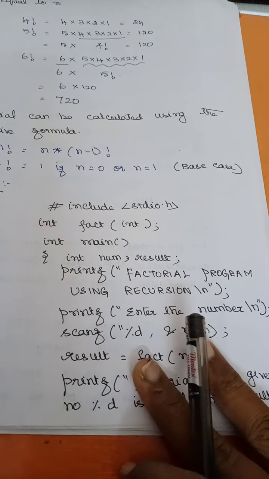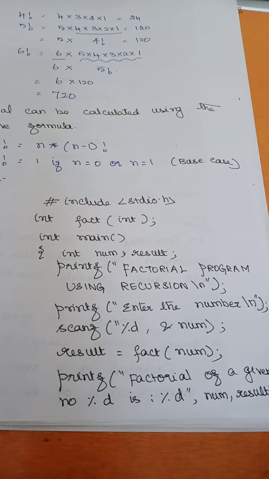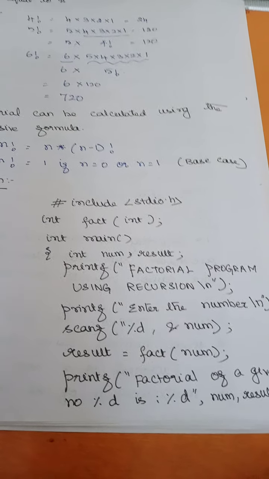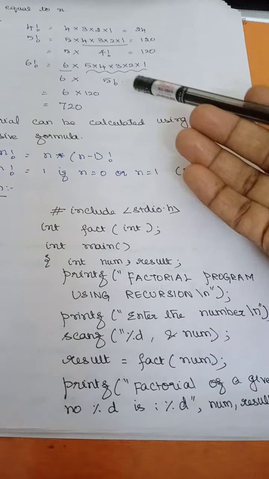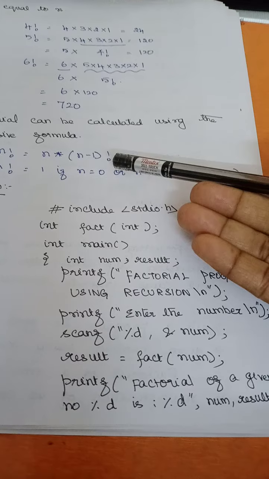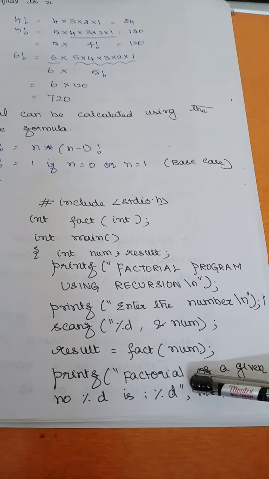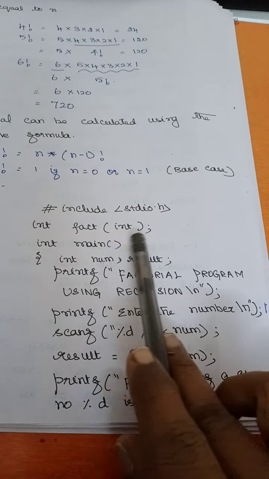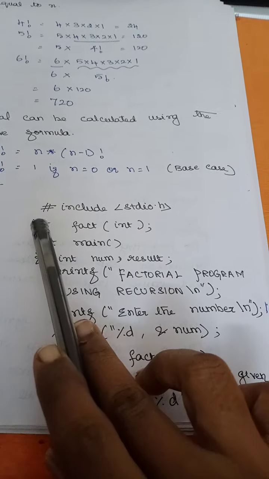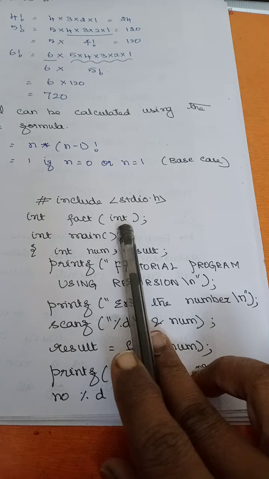Now we'll move on to the example program, and with this I'll tell you how recursion actually works. We have seen factorial, so we have identified the rule. Now we'll try to apply the rule here and see how the recursion works. So int fact(int), this we call a declaration. This is the return type, this is the name of the function, and this is an argument.